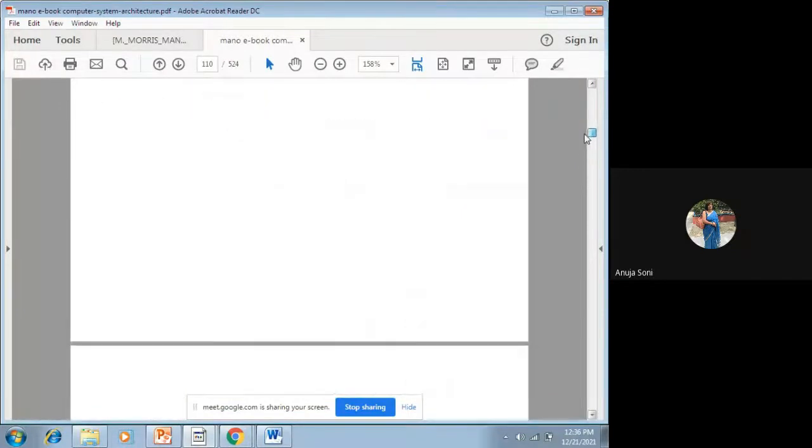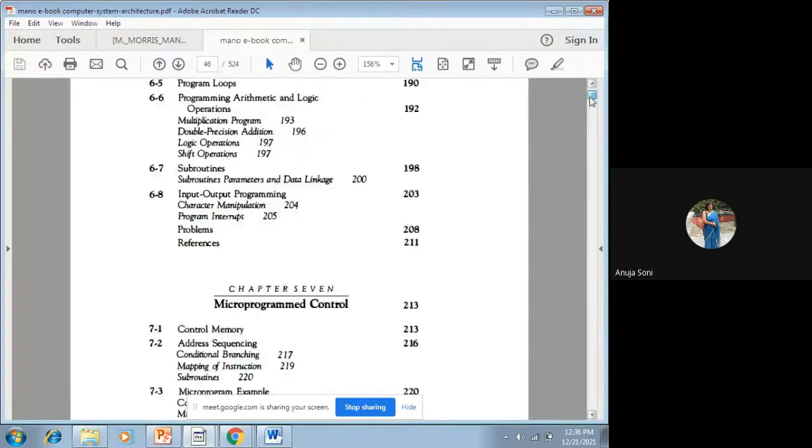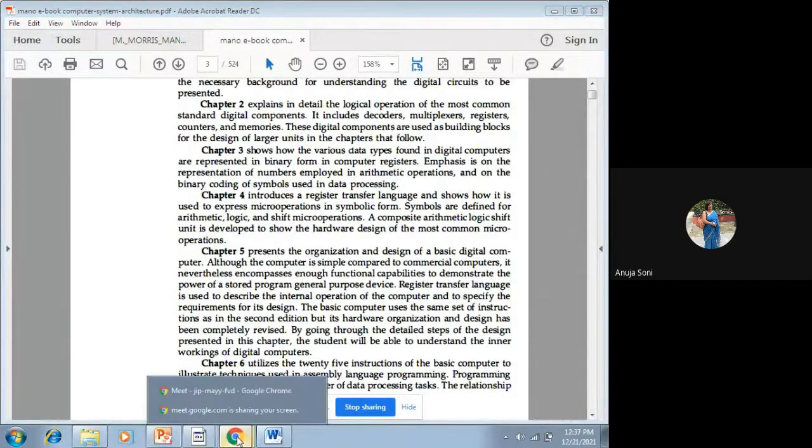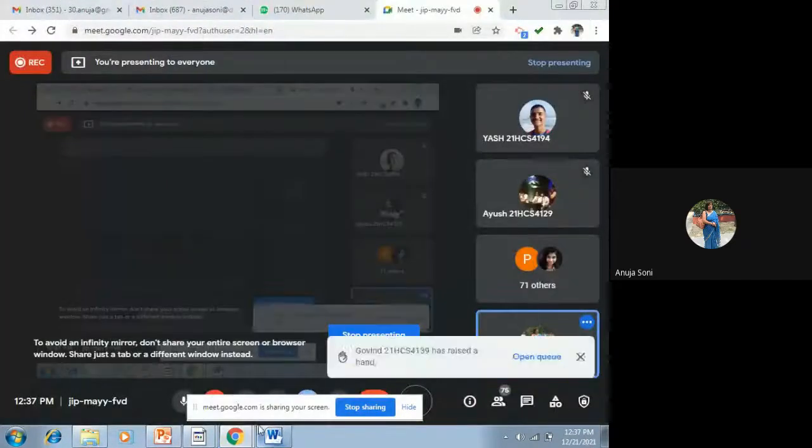Now I think less time is left, so we should not start with the next topic. Okay. And what you can do, Chirag, you mark the attendance, you take the screenshot of the class. And yes, now I would like to take the demonstration, the presentation of the CPU sim that I asked you to prepare.